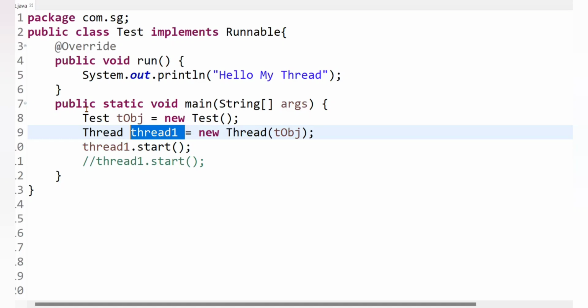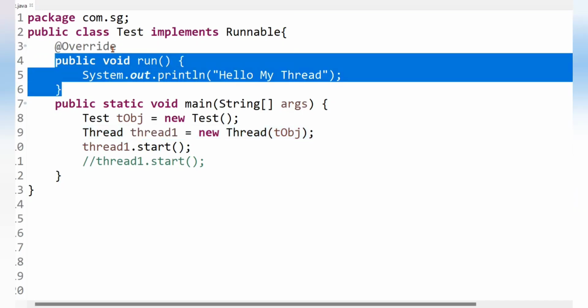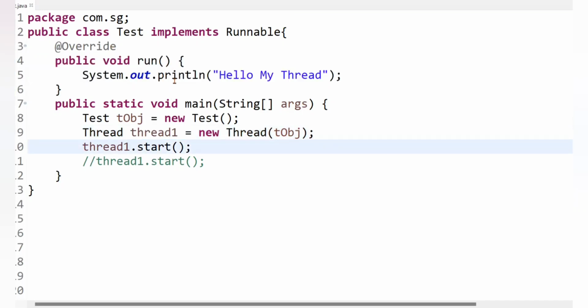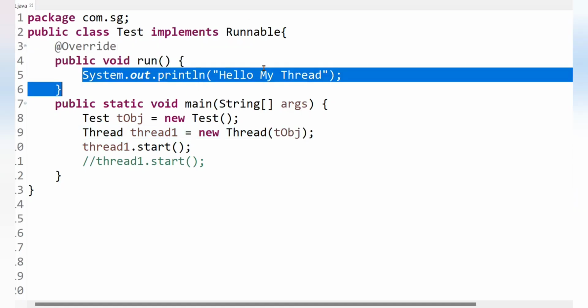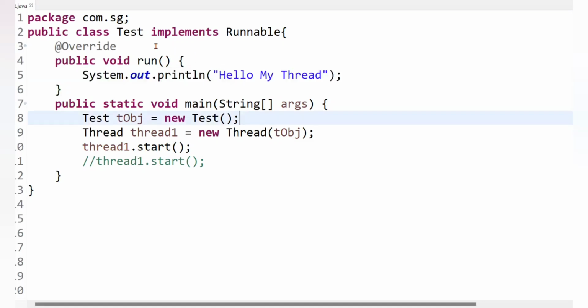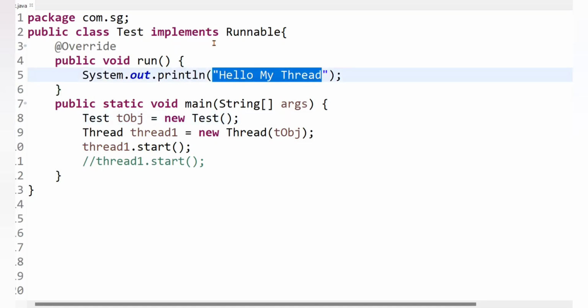Now the thread scheduler is responsible for scheduling this thread for execution. And once the thread scheduler schedules this thread, that means when the thread scheduler gives CPU time to thread1, then internally this class's run method will be invoked, because here we have passed the object of this class, and thread1 will start executing the code written inside the run method. Now thread1 is in the running state, and "hello my thread" will print on the console.